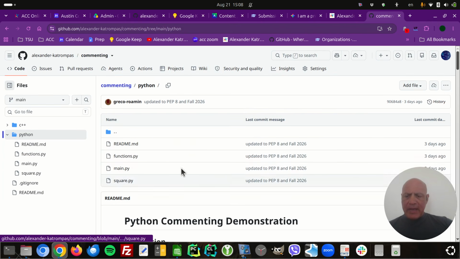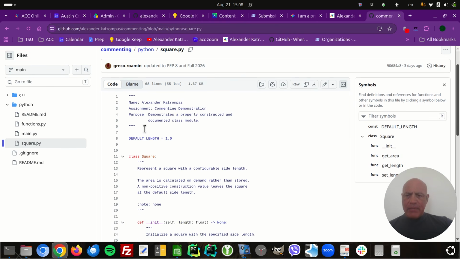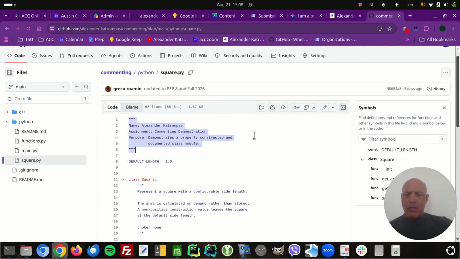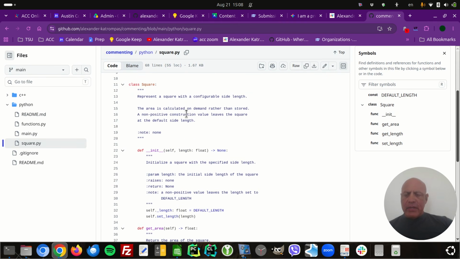And now we'll look at a class file. All right. So same thing at the top. You should notice a pattern now. There's always one at the top. Okay. Always follows the same rules. And now the class has, just like the C code did, it has a general class docstring at the top. Okay, you just describe what's going on here.